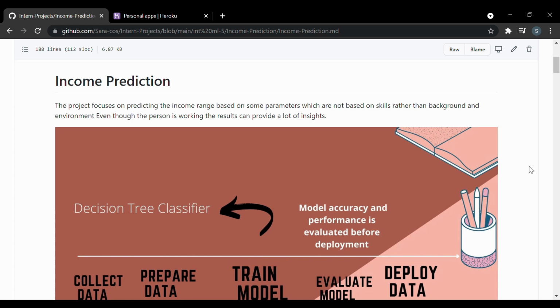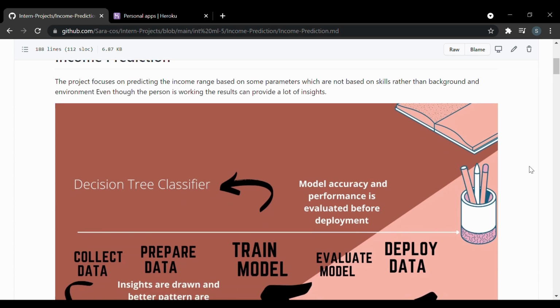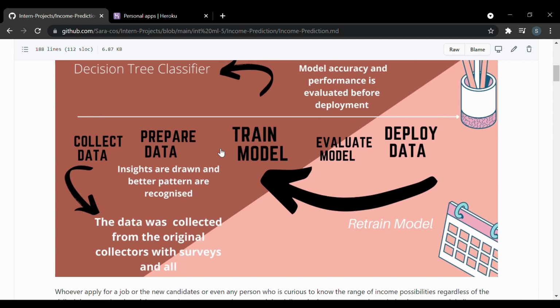Model. So if we talk about any model, the model goes through a lot of phases, and these are the phases which we can see here. It is collecting the data, preparing the data, training the model, evaluating the model, and deploying it later on. And collecting the data is basically the same as having a survey of data, a bunch of data